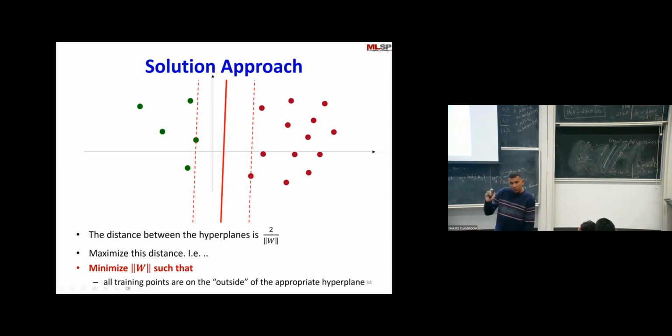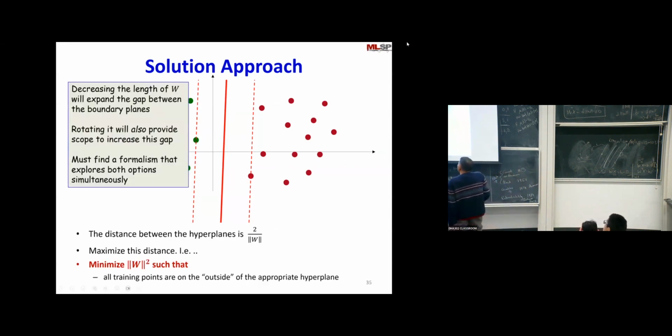But I'm going to assume for now that my data points are perfectly separable by a linear classifier, right? So I want to minimize the norm of W, which means decreasing the length of W will expand the gap between the boundary planes. But I also want to be able to rotate it so that it finds the optimal plane. And so I want to find a formalism that explores both options simultaneously, increasing the space between the boundary planes and rotating and shifting W as well, right? And so I want to minimize the square norm of W so that it maximizes the distance between the boundary planes,